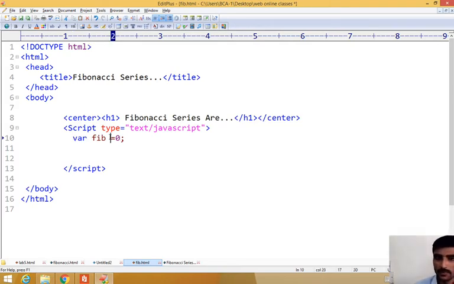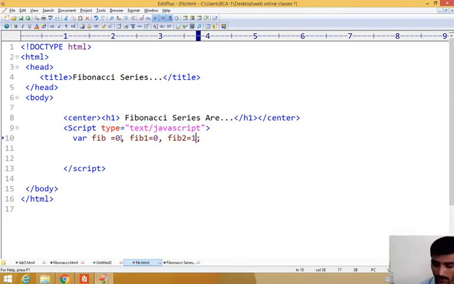In this variable I am storing only 0. So we need some default values like pib1 equal to 0. I'll tell you why I have taken pib1 equal to 0. Then pib2 equal to 1, because according to the rules of the Fibonacci series, you must use default values 0 and 1.